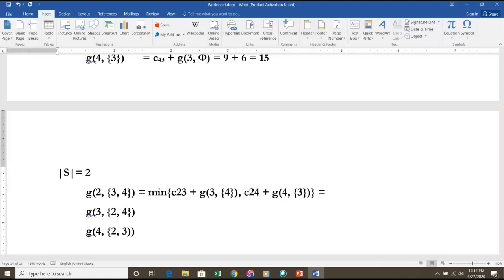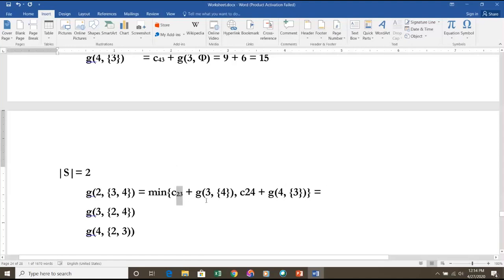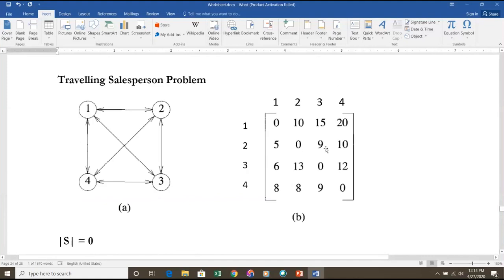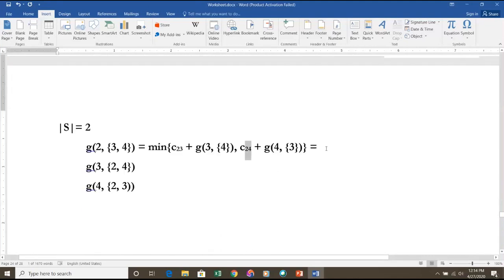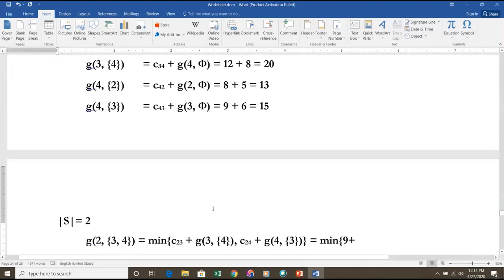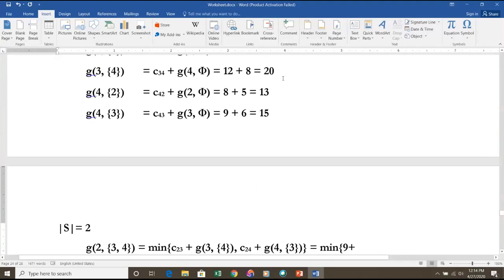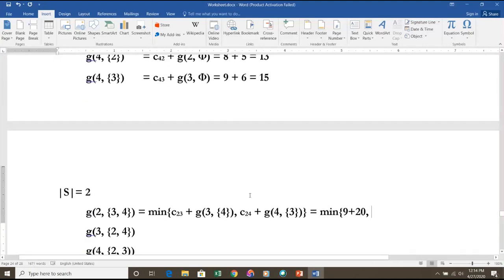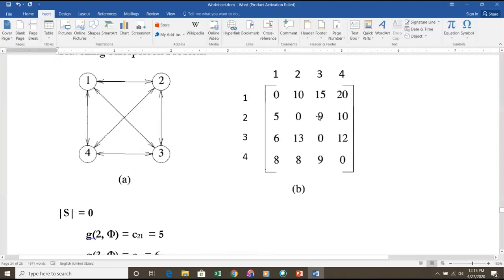Now let us see what are the values for this. What is c of 2 comma 3? C of 2 comma 3 is 9. 9 plus, what is g of 3 comma 4? This one, g of 3 comma 4, we'll get it from the previous step. G of 3 comma 4 is 20. C of 2 comma 4, see the table, C of 2 comma 4 is 10